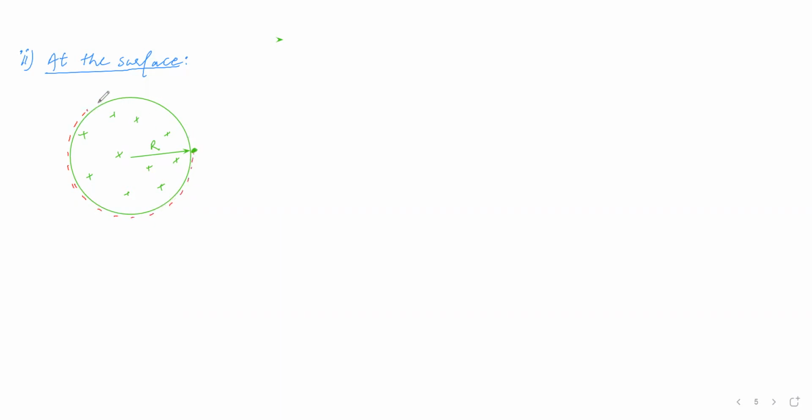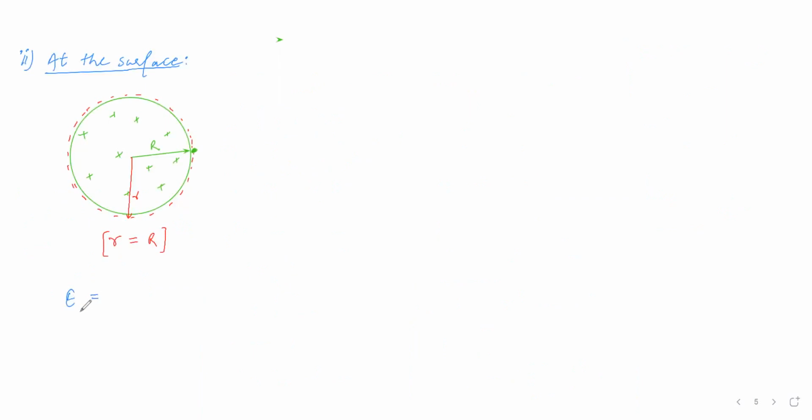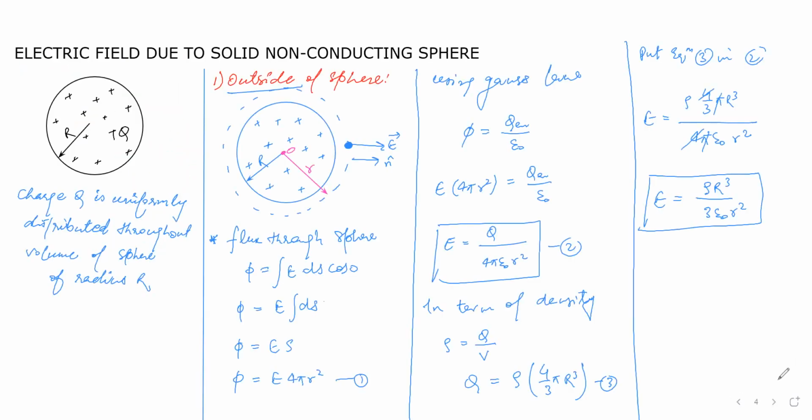We can take it or not? So once again, we can take it as small r. Just similarly, we can consider here small r and capital R are the same. And what is the last equation which we have calculated? E equals rho r cube over 3 epsilon naught r square. Value of E at the surface is rho capital R cube